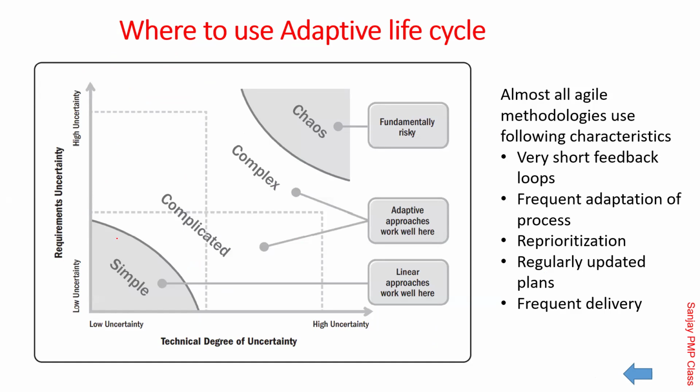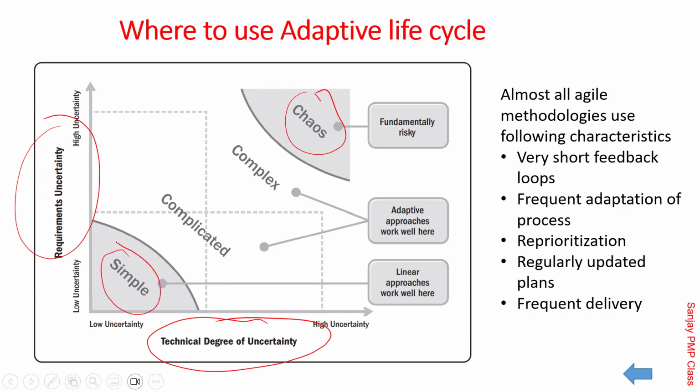Where should you use the adaptive life cycle? Where the uncertainty of the requirements and the technology, at least one of them should be somewhat established. If everything is unestablished, technology-wise you are struggling and the requirements are also changing very fast, it is not a brilliant idea to go ahead with that, and it could lead to chaos. When everything is simple, your requirements are fairly frozen and your technology is extremely established, the better idea is to